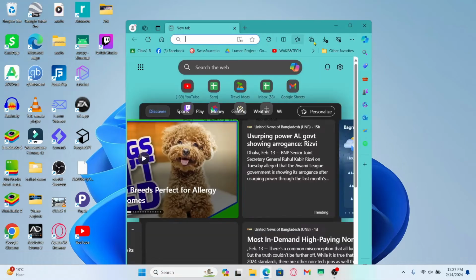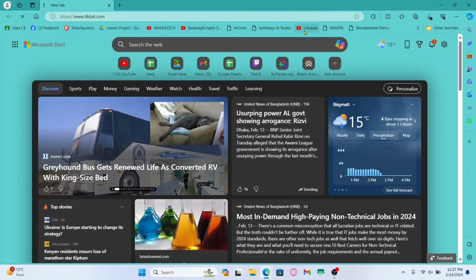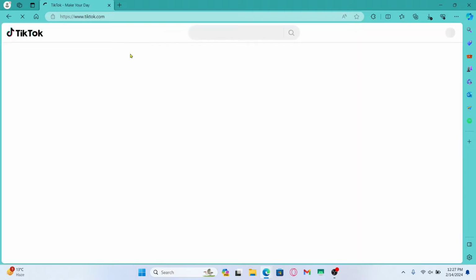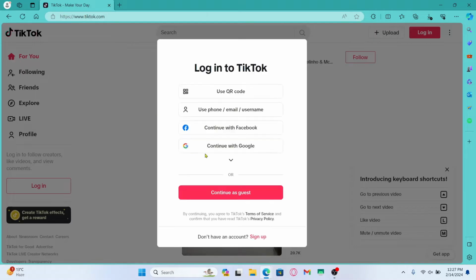First of all, open up your web browser and then in the address bar type in tiktok.com and press enter. You will then be taken into the official TikTok website. Now from the home page, you will immediately be taken into the login portal from which you can log into